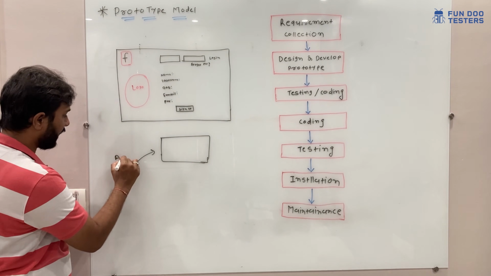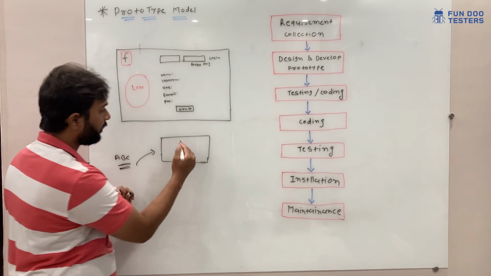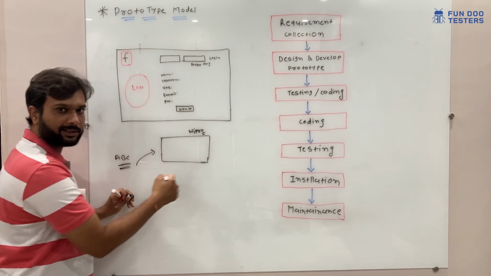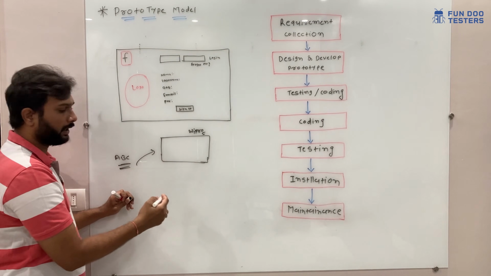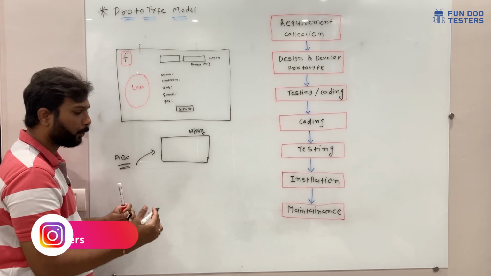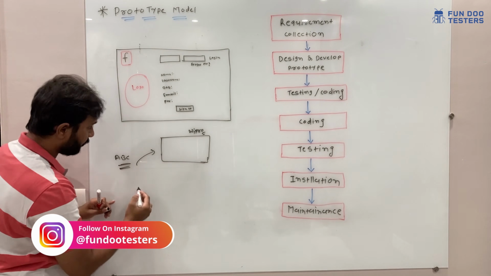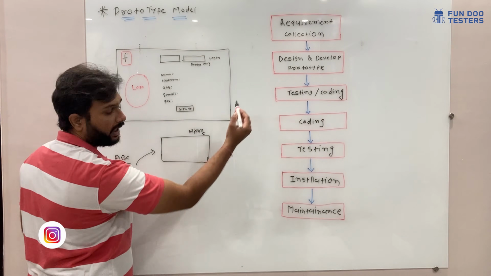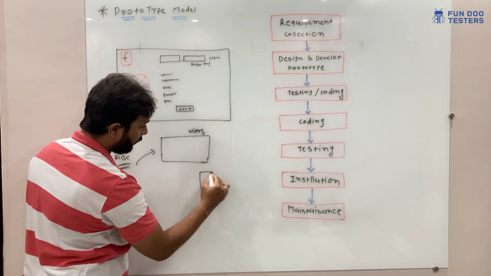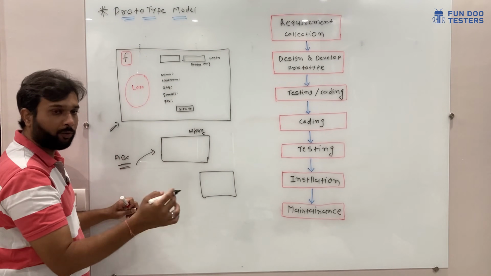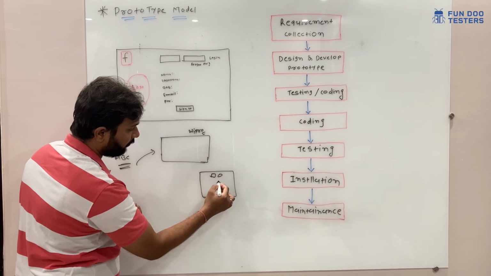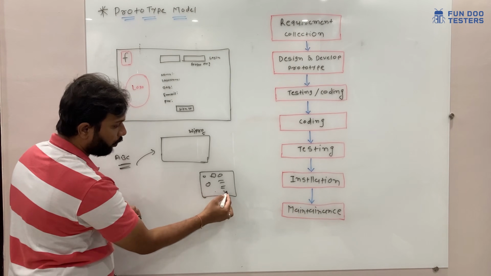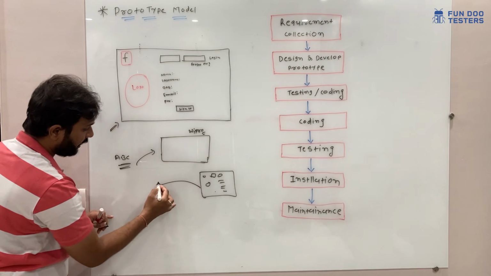So this is ABC client, and ABC client will go to a company called Wipro. They will explain the requirement and say they want to build an application. So Wipro will create a prototype. Initially this is the client requirement. As per the client requirement, a few people on the design team will create a prototype of the login page. They will place a login button somewhere, the sign up process somewhere, the logo, everything, and they will send it back to the client.